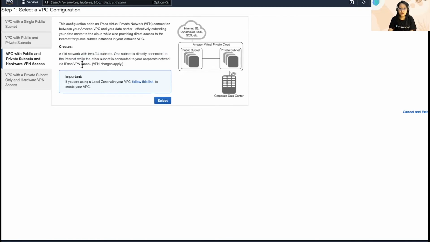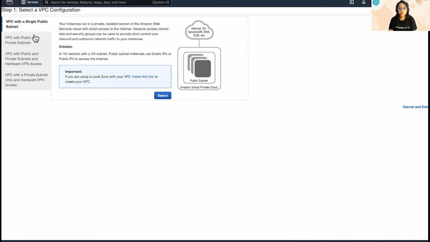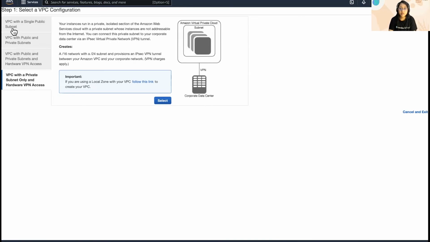Now, VPN is another AWS network service, and we would cover it in a different session. It is a very useful and very important service. Next option is VPC with a private subnet only and hardware VPN access, which means here you would only have a private subnet, and it is connected with your corporate data center, which is the on-prem, via the IPsec VPN. Again, you have all these options available, which you can use easily and create your VPC.